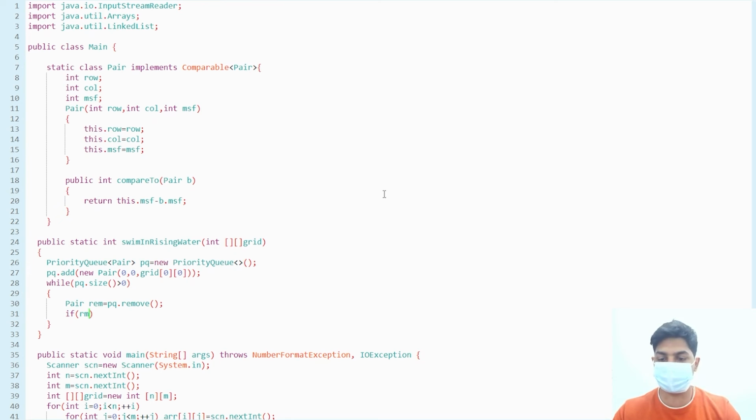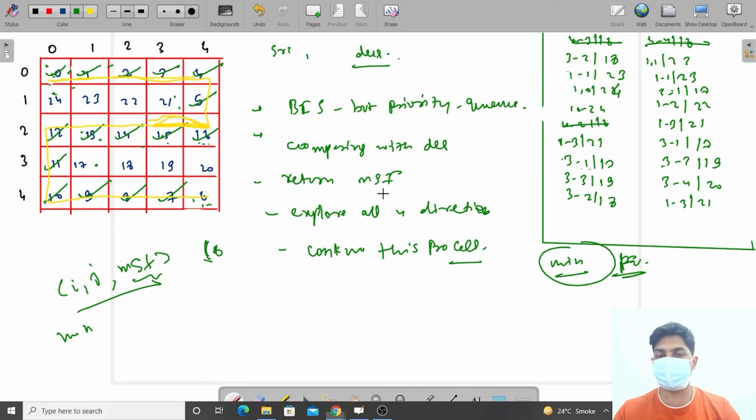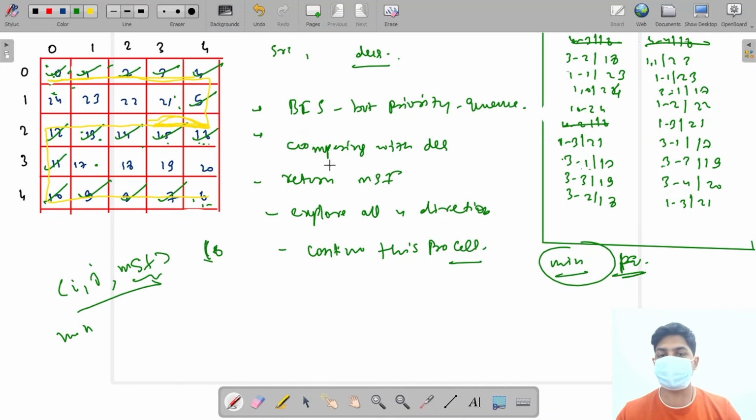If it is equal to the destination, then we simply return the maximum so far value. So if removed dot row is double equal to grid dot length, and removed dot column is double equal to grid of 0 dot length, then we will simply return removed element dot maximum so far. Otherwise, if it is not, we mark it as visited and explore all the